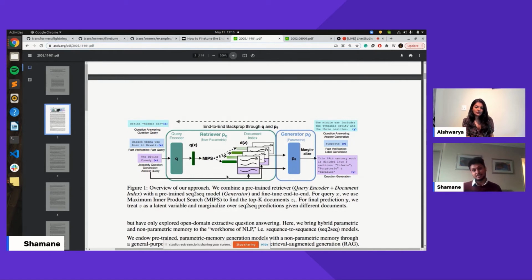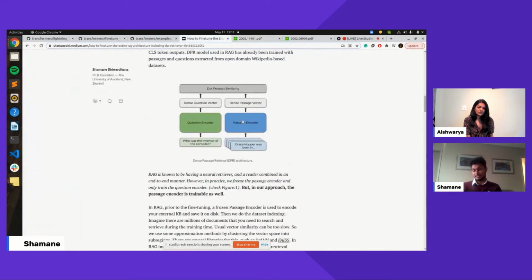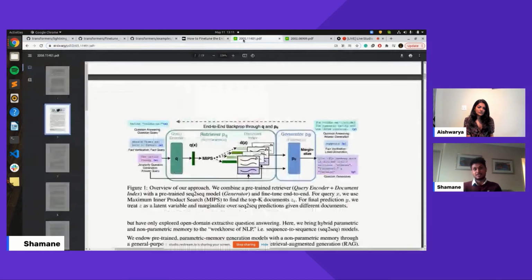So one possible method to overcome this challenge is you have the backpropagation or the usual distributed data parallel training process going on, and you implement another asynchronous process that updates the document index. So it is kind of perfect. What it does is, once in a while, it uses this updated document encoder, that means the updated passage BERT model or something,